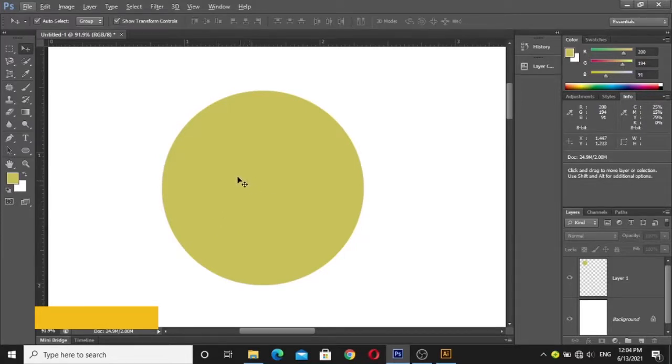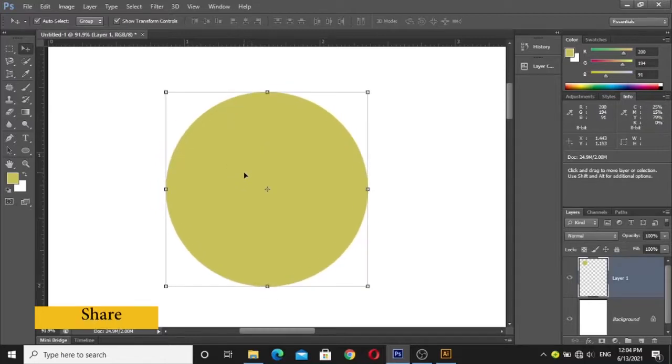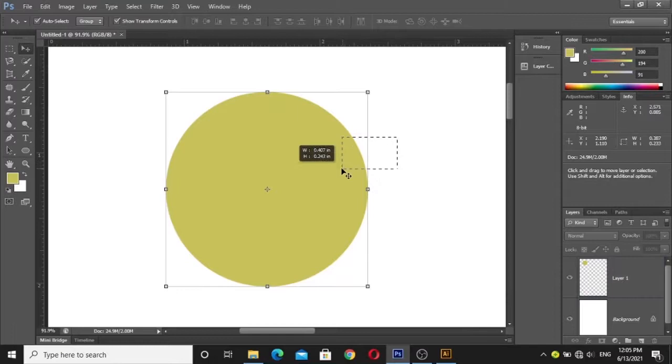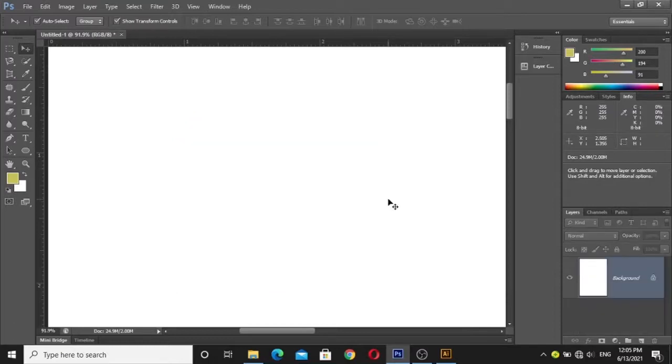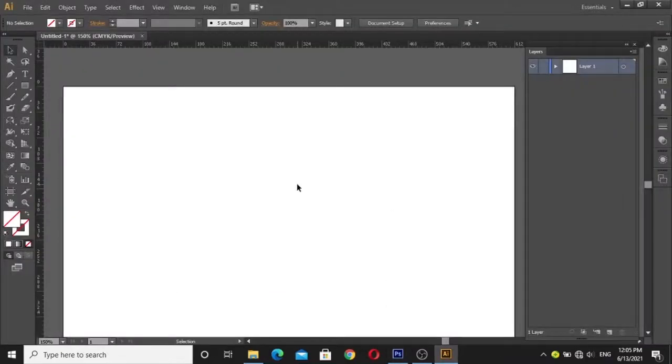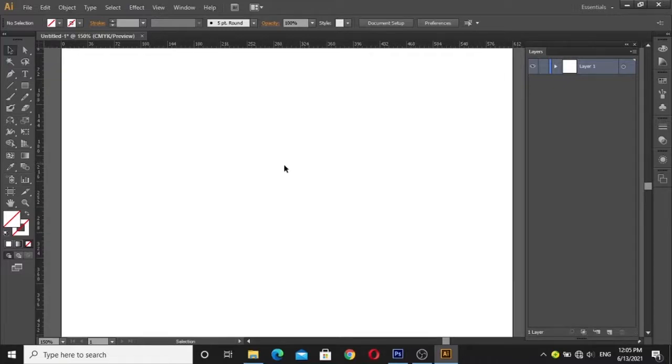The appearance of the object must be beautiful. If I select this shape and press delete, the shape will be deleted.